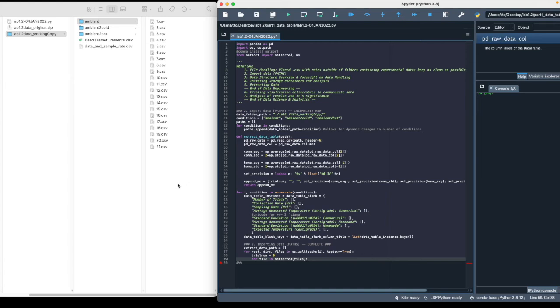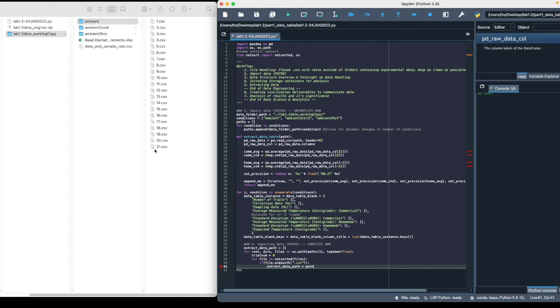So for as many files as there are in a particular folder, if the file ends with .csv, per the lab instruction, the professor has asked that the data be exported to .csv. However, you're not limited to .csv so long as the exported data has a similar header number and titles, well, regardless of the column name, the header number. If it ends with CSV, then we'll take the extracted data path